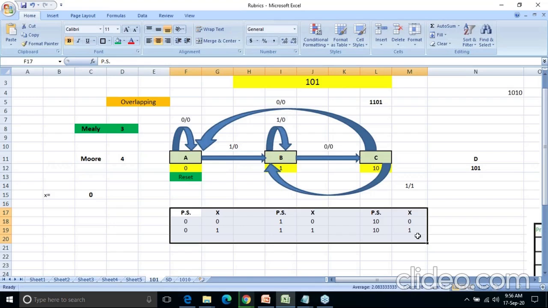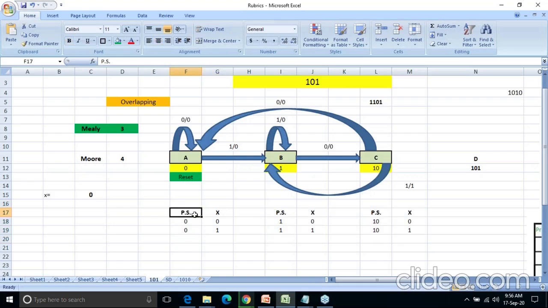Now in a fast forward way, within 2 minutes I just want to take this particular thing. This is very simple, you need not apply your brain. Just write, fast, present state and input below every state. So I have written present state and input over here, over here, and over here. Just write it fast.